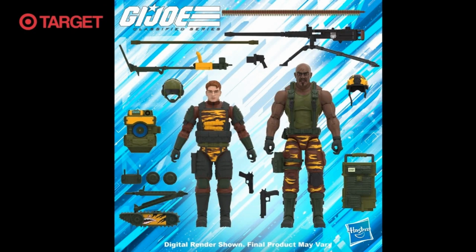For the Tiger Force, we do get finally Tiger Force Roadblock and Tiger Force Tripwire. This is a nice homage to what we've seen from these Tiger Force callbacks from the Real American Hero line. Again, Tiger Force is a sub-team, so if this is not your jam, you can go ahead and pass on it. I do like the fact that we are getting the OG Mod Deuce finally with Roadblock, but this looks to be a 2-pack, so this might be one of those, see what they're coming out at and just decide if I'm going to buy it once I see the actual